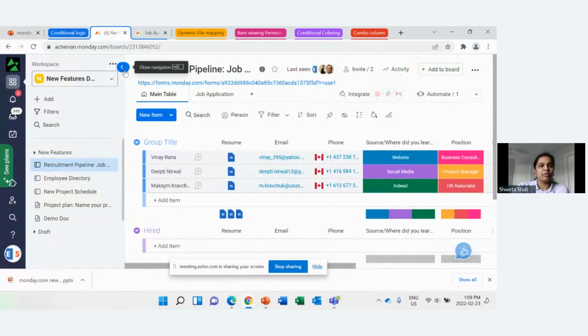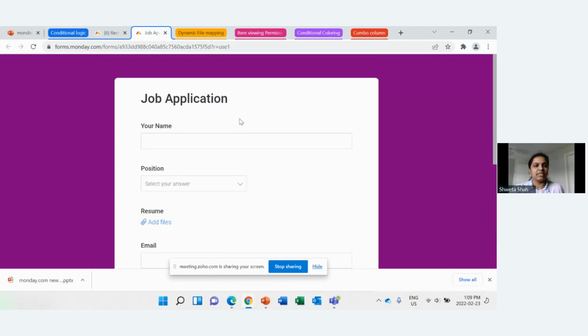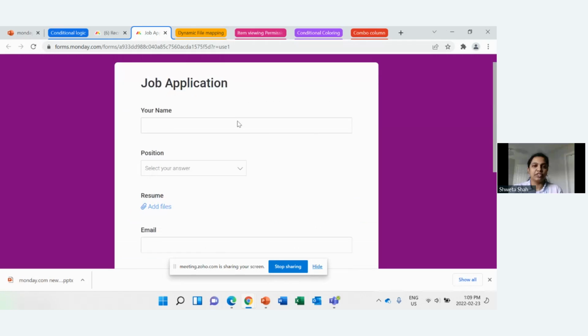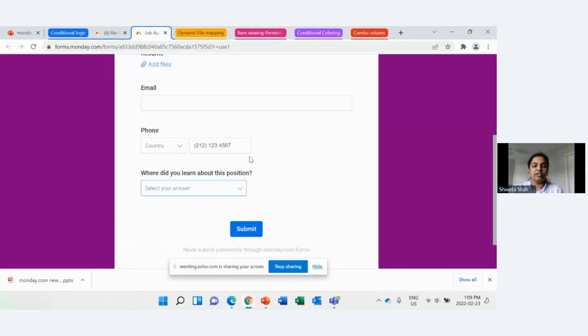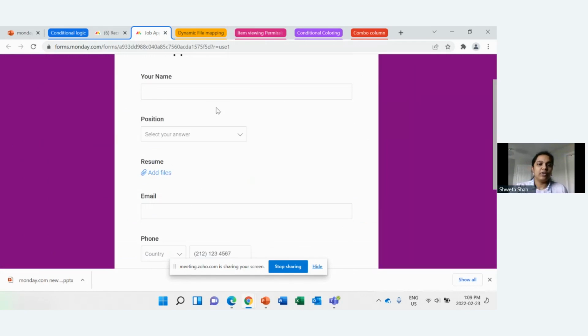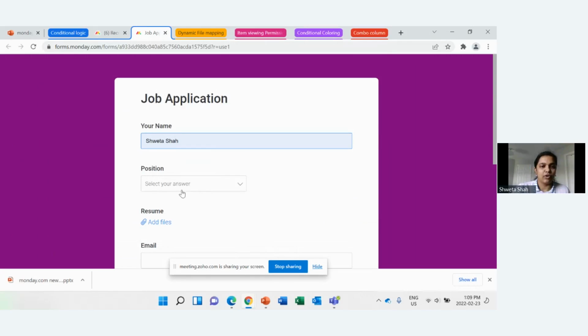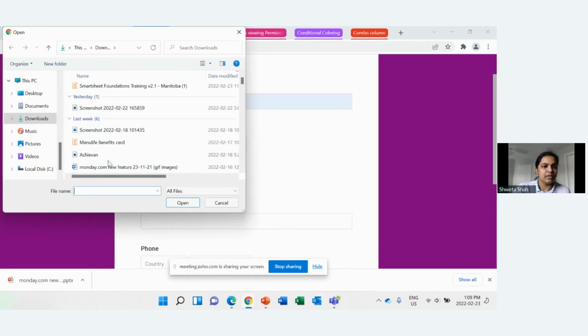So for today's demo purposes, we have this board, which is designed as a recruitment pipeline and job application. So here is the job application form. Basically, wherever there are job platforms, we can publish this form. Whenever a candidate sees this particular position, they will fill in all the details and submit it, and all the data will come to this particular board. So let's say I have this row entry here. I am applying as a candidate,